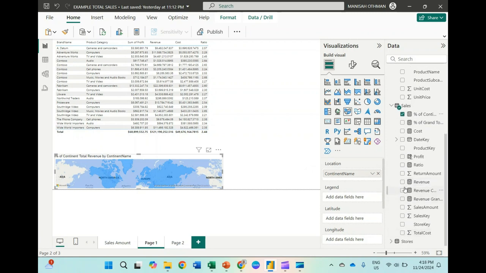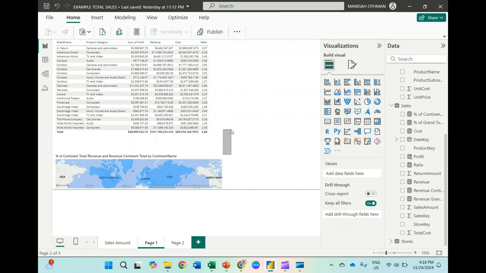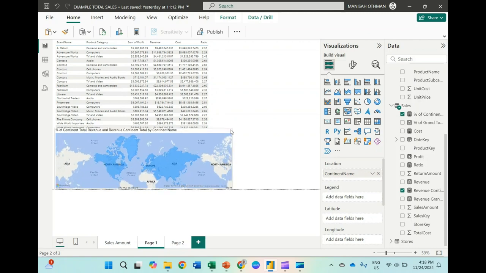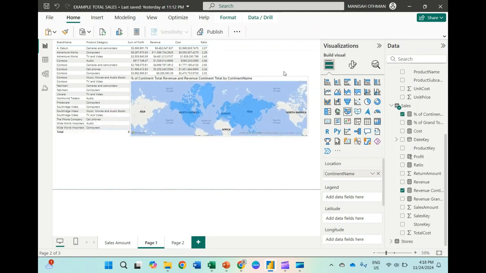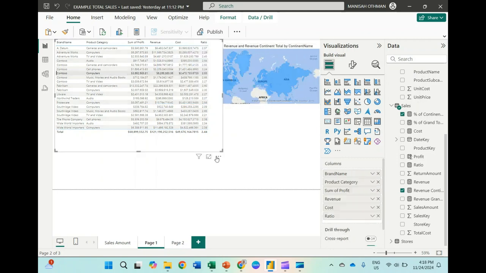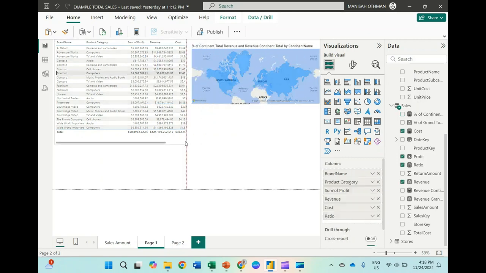Maybe you want to put the revenue continent. You can make it bigger here, or smaller. You can create a new measure too, so you can create a chart.